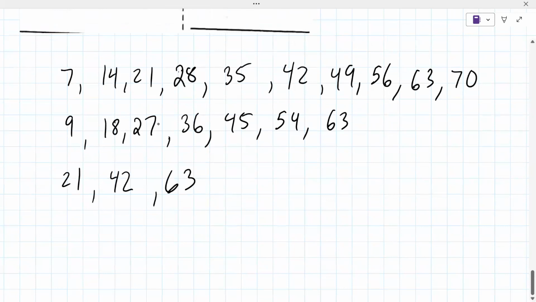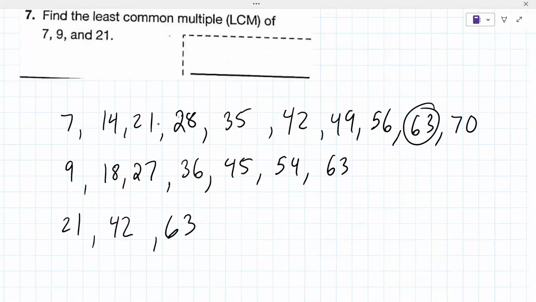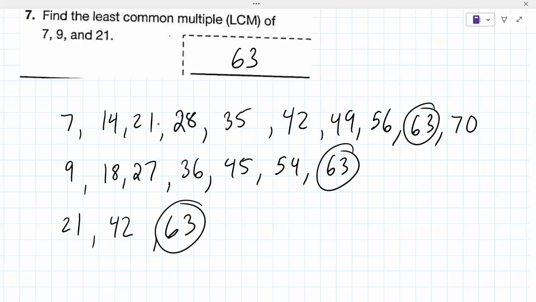All right, so the least common multiple here is 63. Go ahead and write that down, please. And let's go ahead and stop here. I don't think we're going to get much more benefit out of this lesson. We'll pick up here at